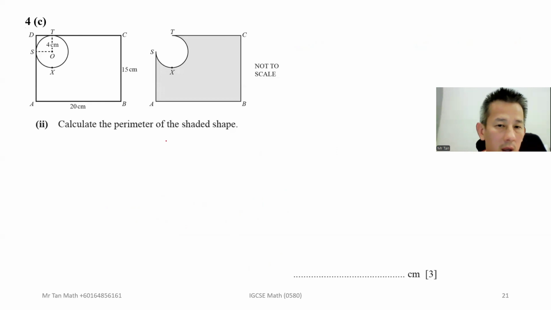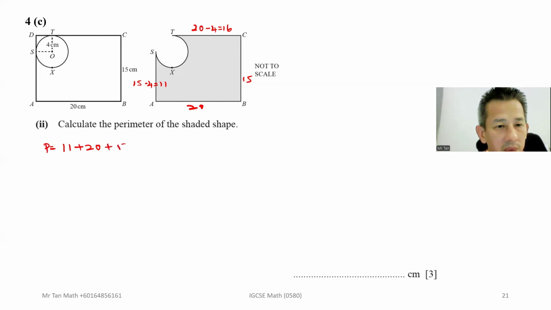Next, calculate the perimeter of the shaded shape. So for the perimeter, this side is 20 minus 4, so it's 16. This side is 11. This is 20, you minus 4. This side is 15, you minus 4, which is equal to 11. And this is 20, this is 15. So it's 11 plus 20,